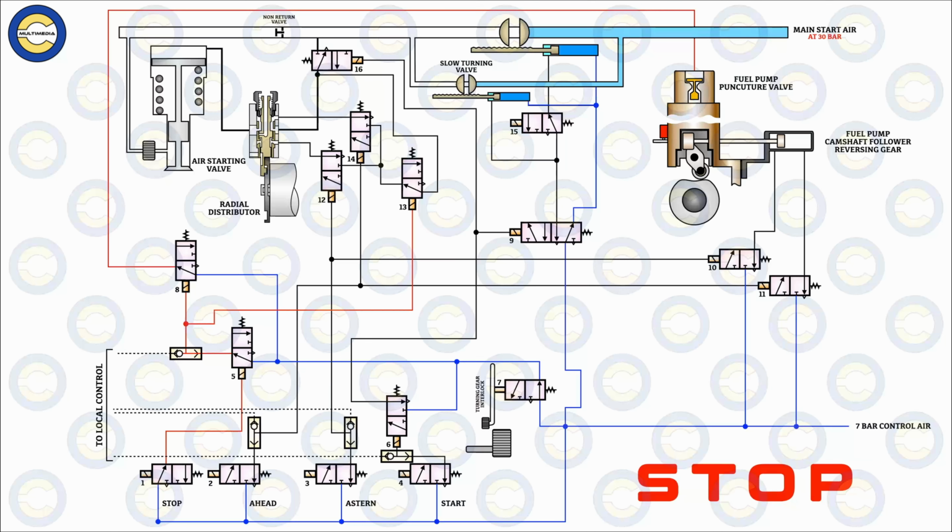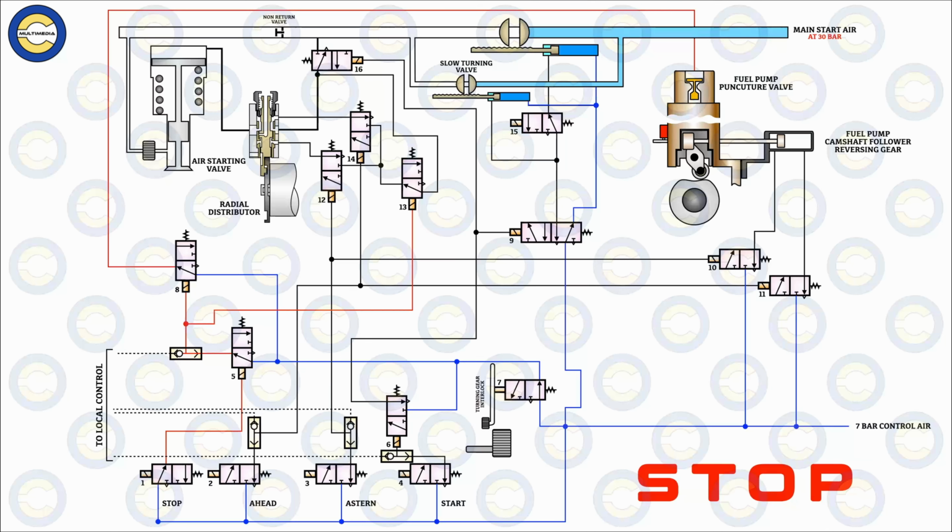As we can see, it is only in the condition where the turning gear interlock, which is basically also a representative of the interlock system on the main starting air assembly, is removed or deactivated that the control air is further allowed to flow into the network and thereby allow the sequence of operations further. This directly affects the valves 6, 5, 8, 9, 10 and 11. And these are all critical ones which are responsible for the reversing gear, starting, ahead and astern operations.